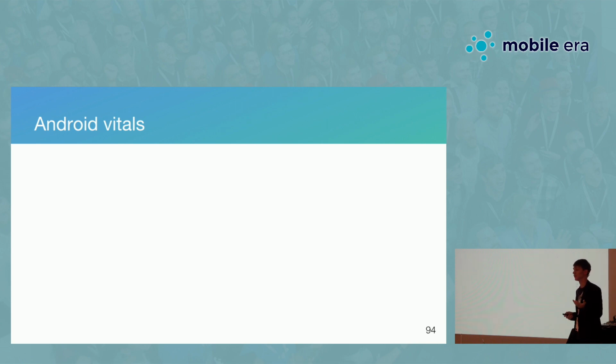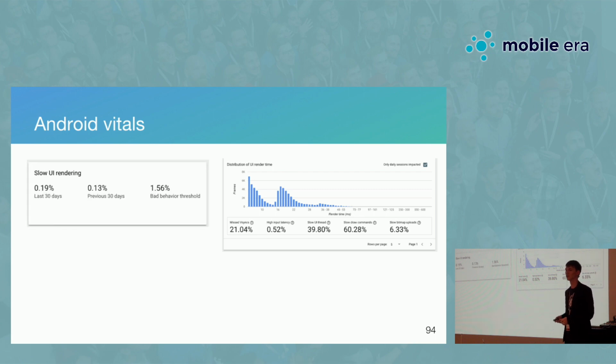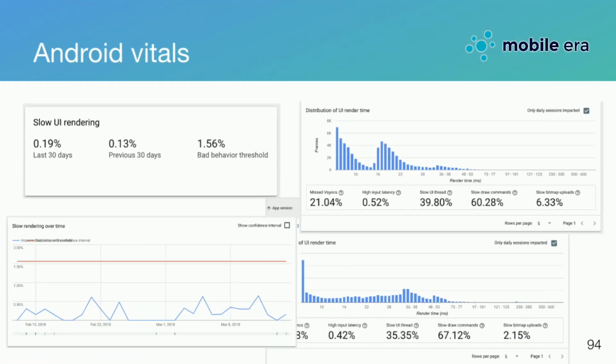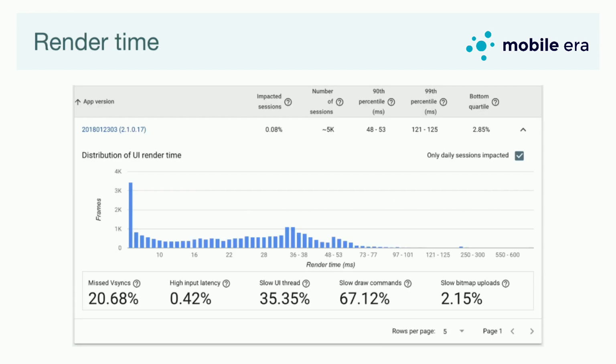So if you haven't done this, I suggest you go to Google Play Console. There will be a section, performance or something like this, and there will be Android Vitals. Just by opening this screen, you will already get a lot of different data, a lot of different graphs that will show you how good or how bad your app works. For example, you will see how many frozen frames you have. A frozen frame is a frame that was not rendered in 700 milliseconds. You will see the average render time for different percentiles and so on.